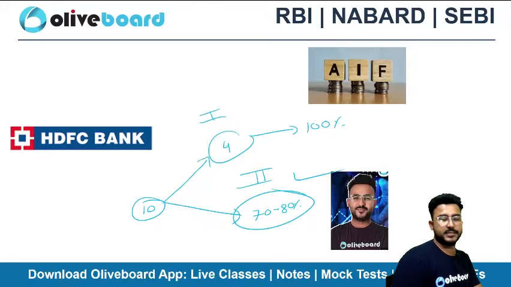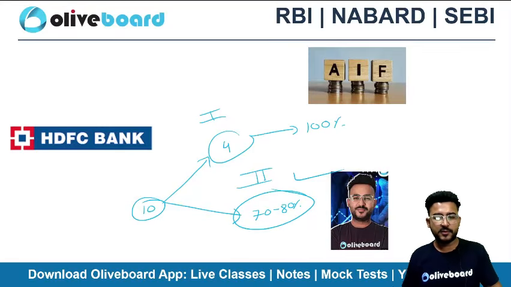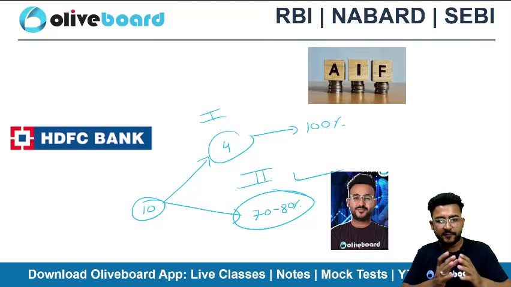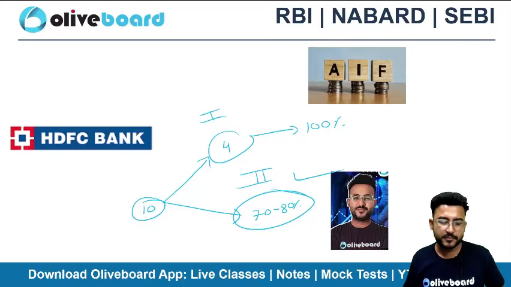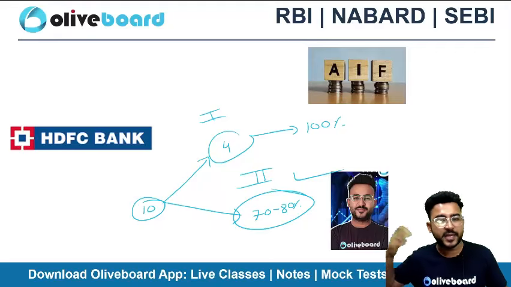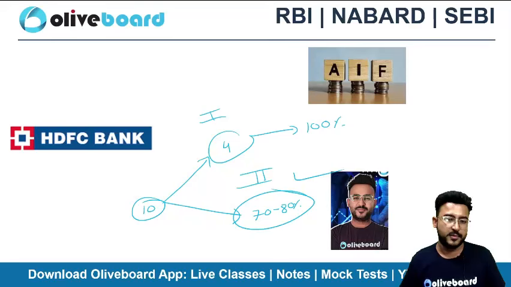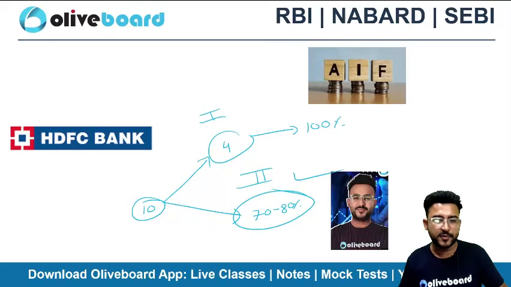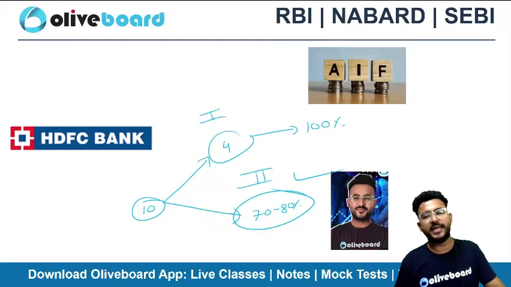Obviously the second case. Why? Because your surface area of luck is increased, right? Chances of getting more and more questions from 10 circulars are higher as compared to the 4 circulars. Maybe you won't be getting one question from the 4 circulars. There is a chance. So obviously go for the second case.